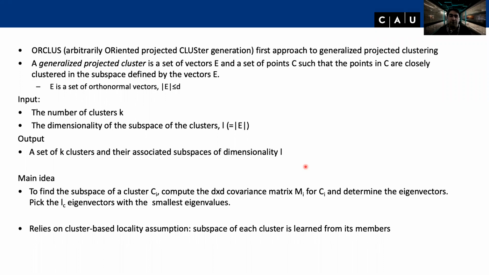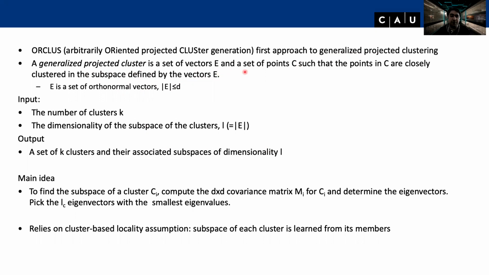So now we move to the algorithm called ORCLUS, which stands for Arbitrarily Oriented Projected Cluster Generation. It is claimed to be the first approach to generalized projected clustering. However, as we know now better, it is not really the first one, because local PCA from 1993 already did that trick. It is a generalized projected clusters. It is stated here, like to obtain generalized projected clusters is a set of vectors E, actually the eigenvectors